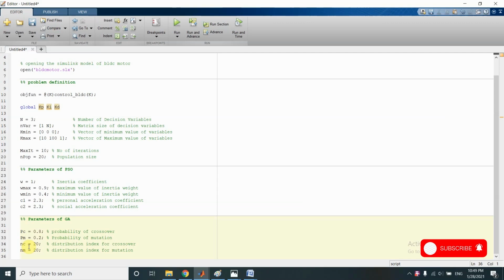PSO works only with real numbers. So if we are to use the binary coded genetic algorithm in this hybrid algorithm, then for the PSO operations, we will have to convert the binary population into decimal form, and for the GA operations, we will have to reconvert the decimal population into binary form.